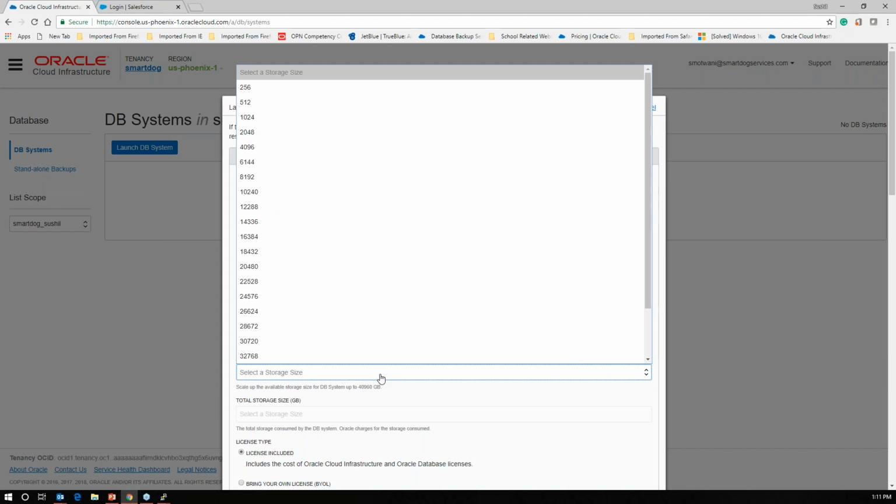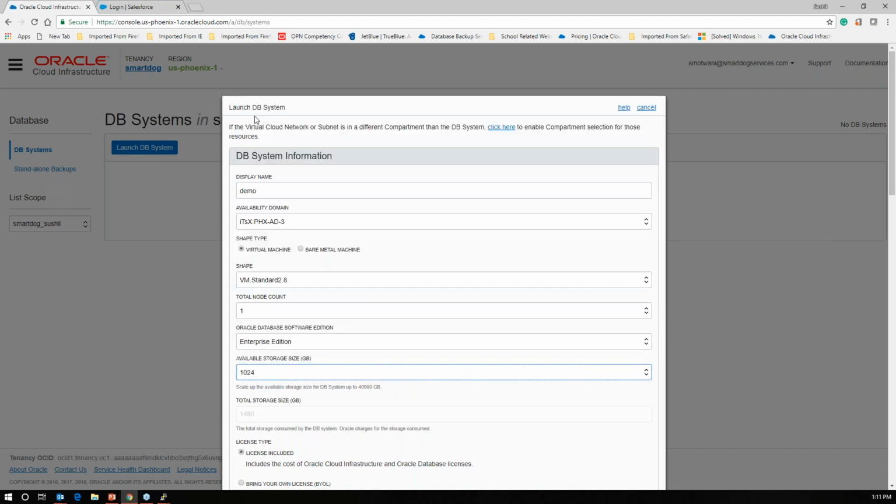From a storage perspective, how much space do you want to allocate? By default, it'll create a database for you, but it won't create all your other table spaces. It'll create your AUX, system table space. It'll create your basic database, just like you do today when you run the installer. But at the same time, when you want to create the rest of your applications, table spaces, and everything, you need to allocate storage to it. So you can specify how much storage I want. So I'm going to say, give me 1 terabyte of storage space,